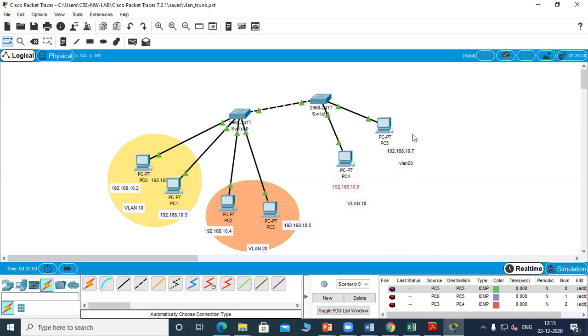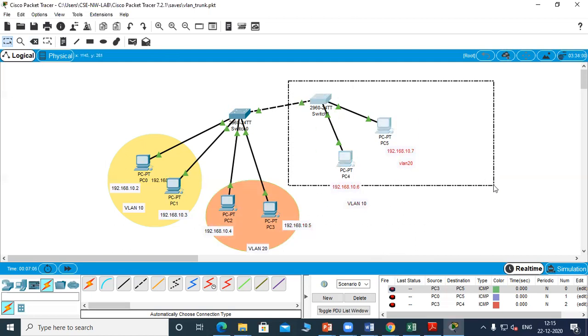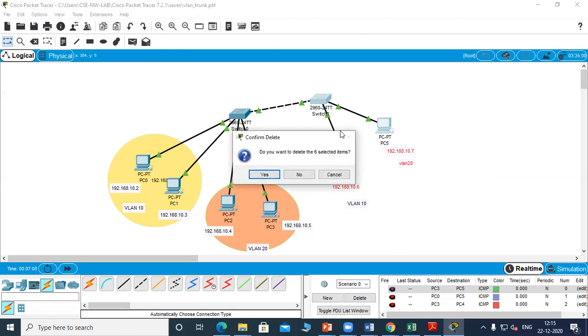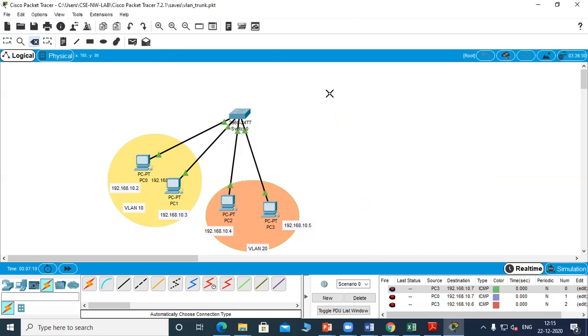So first we'll remove this extended VLAN and then connect a router. Now this is the 10 network and all the PCs are in the 10 network. So I'll just change VLAN 20 to the 20 network, so that it becomes easier to understand how two different network IDs can communicate through a router.